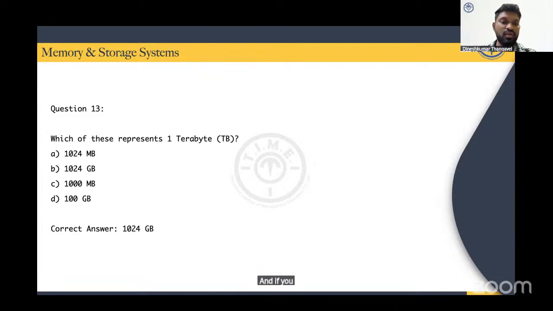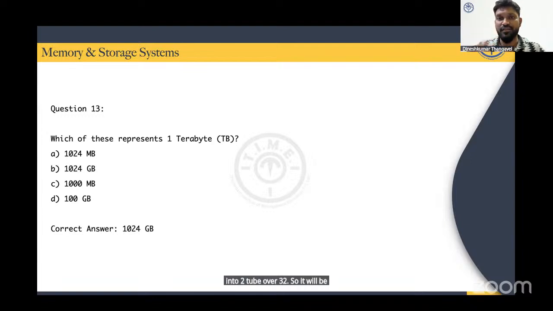If you want me to say it right now, 1 kilobyte equals 1024 bytes, 1 megabyte equals 1024 kilobytes, 1 gigabyte equals 1024 megabytes, and obviously 1 terabyte equals 1024 gigabytes. If you remember this, you can answer the remaining things. What is 1024? It is 2 power 10. Sometimes they will ask you this too, right? And we can ask, 1 terabyte equals how many megabytes? If you go with 1024 times 1024, it will be 2 power